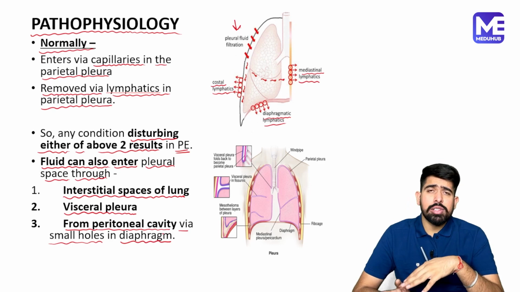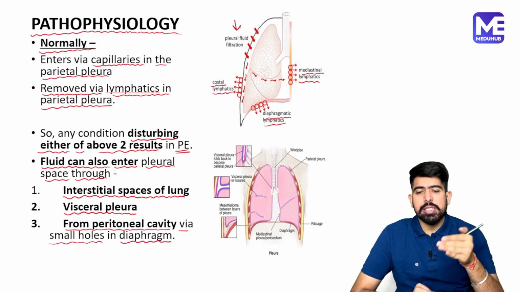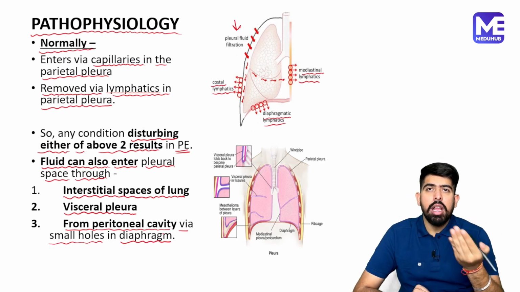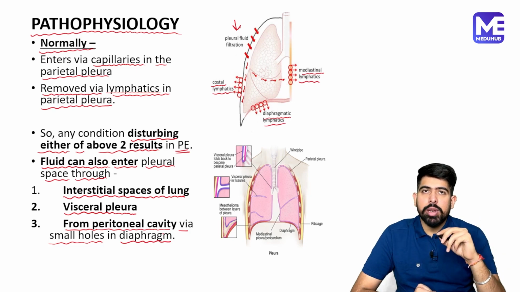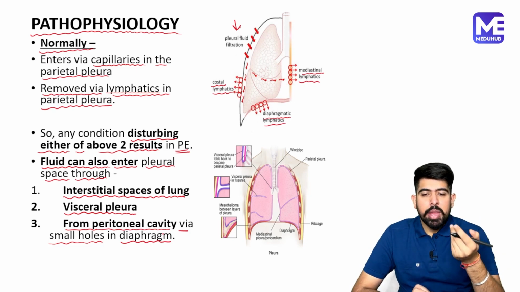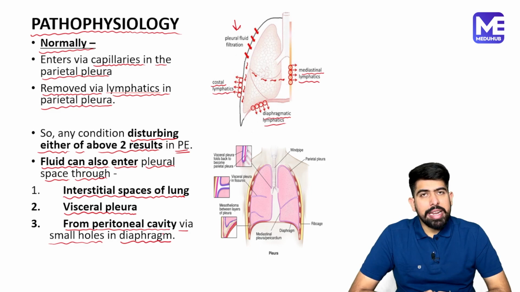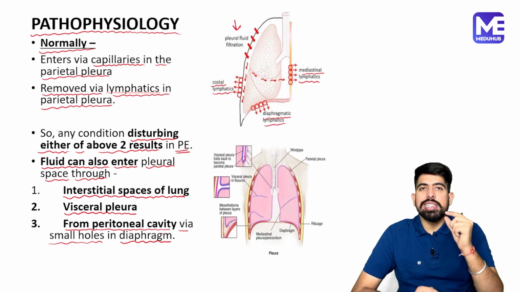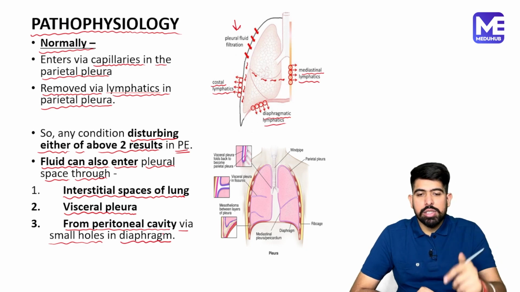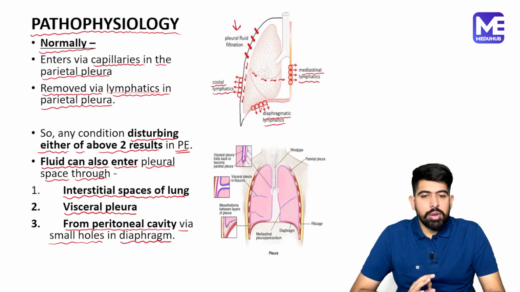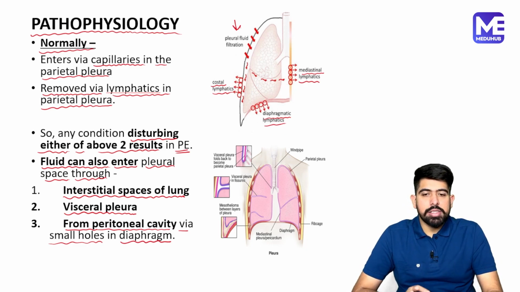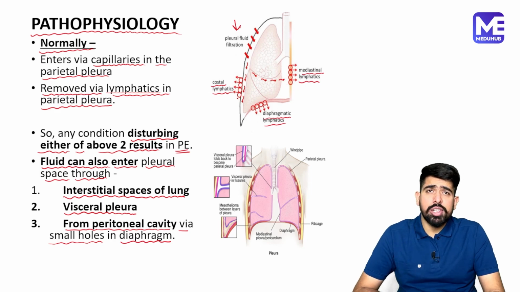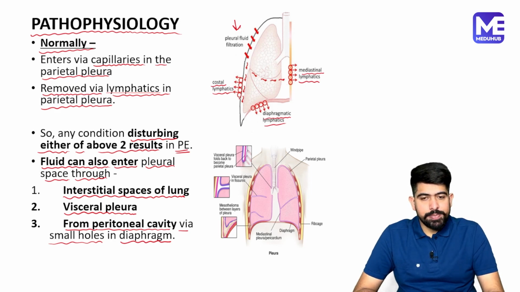And other than that, the fluid can also come from the interstitial space of the lung, or maybe from the visceral pleura, and from the peritoneal cavity through the small holes in our diaphragm, right? So this is the image. You can understand from this how the lung normally works. But if there is a disturbance in this pathophysiology, then there will be accumulation of more and more fluid,